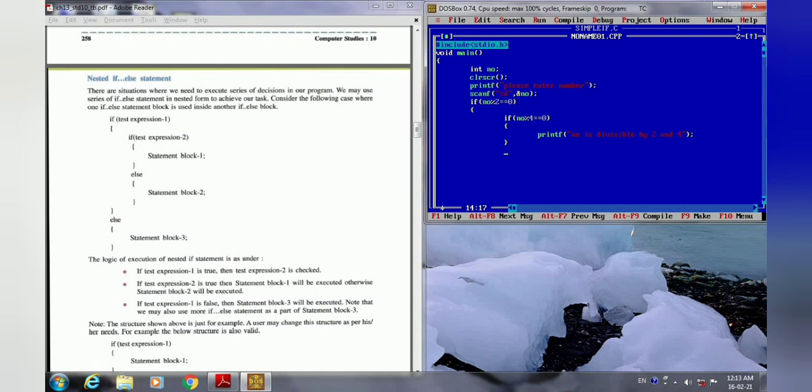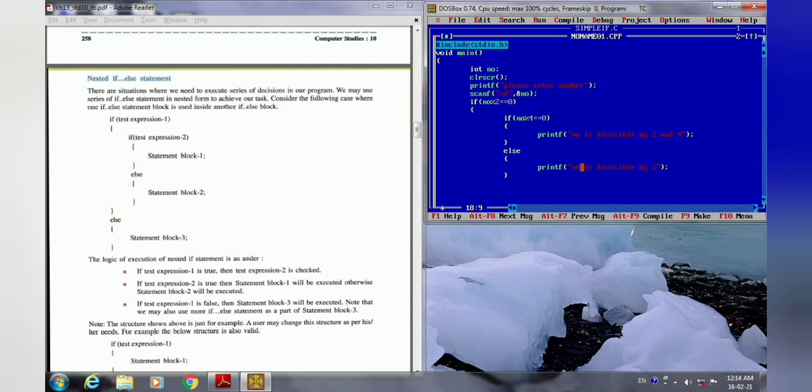Now in the else part, if this condition is not true, what does that mean? It means the number is divisible by 2, because if the first condition is true, then only this inner if will work. When the number is divided by 2, then only it will come to the inner part. So if it is not divisible by 4, then we can say that at least the number is divisible by 2. So we will write there, number is divisible by 2. And now this if and else part is over.